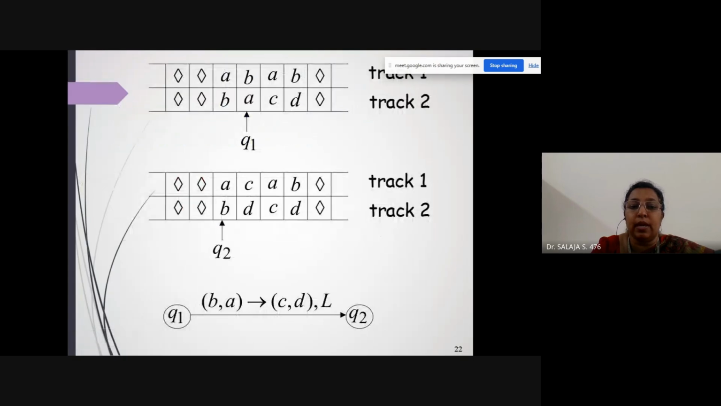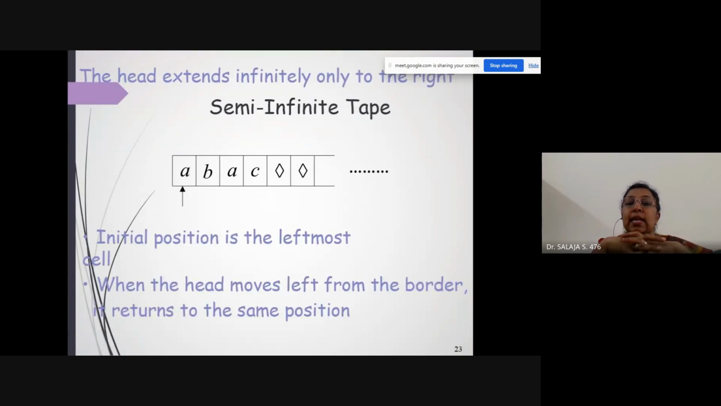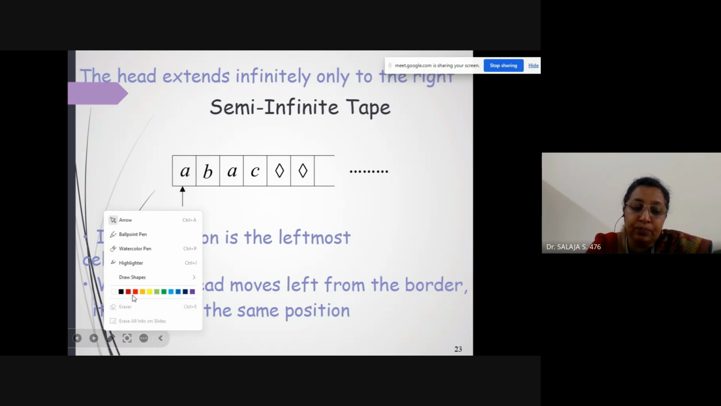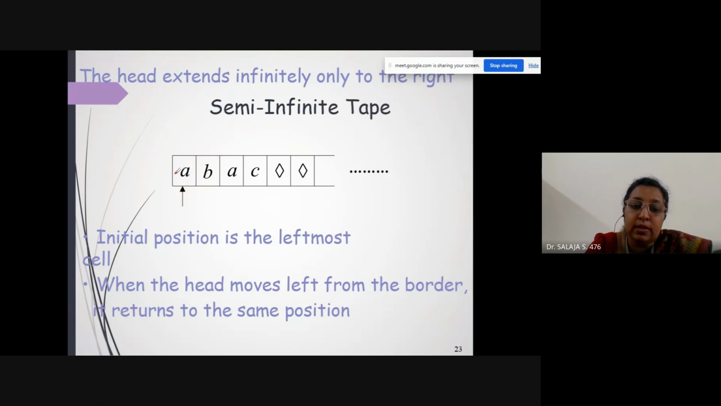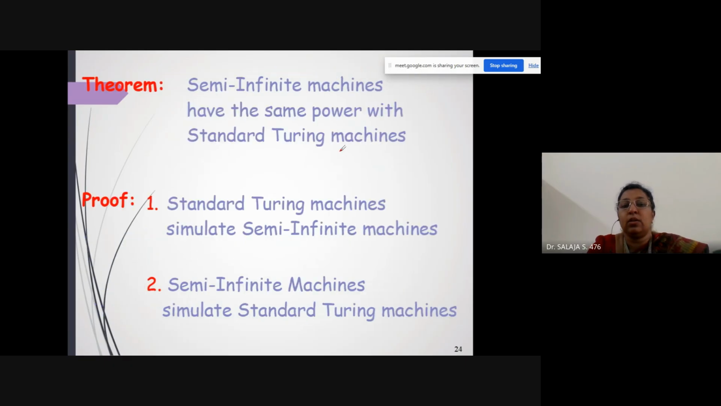That's your multiple track. And next one is a semi-infinite tape. What do you mean by a semi-infinite tape? Semi-infinite tape is bound to one end and it is unbound to the other end. So your initial position is the leftmost cell, which means it is bound to this leftmost position and it is unbound on the right side. Again, these semi-infinite machines have the same power as a standard Turing machine. We'll see